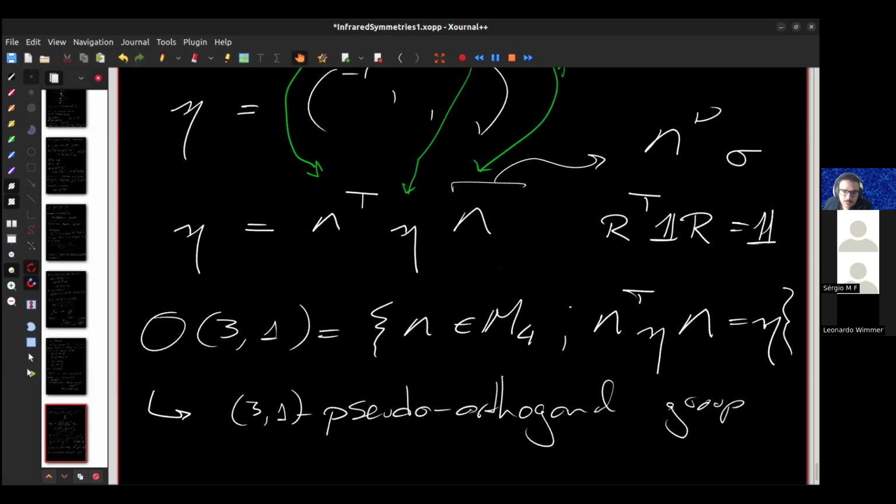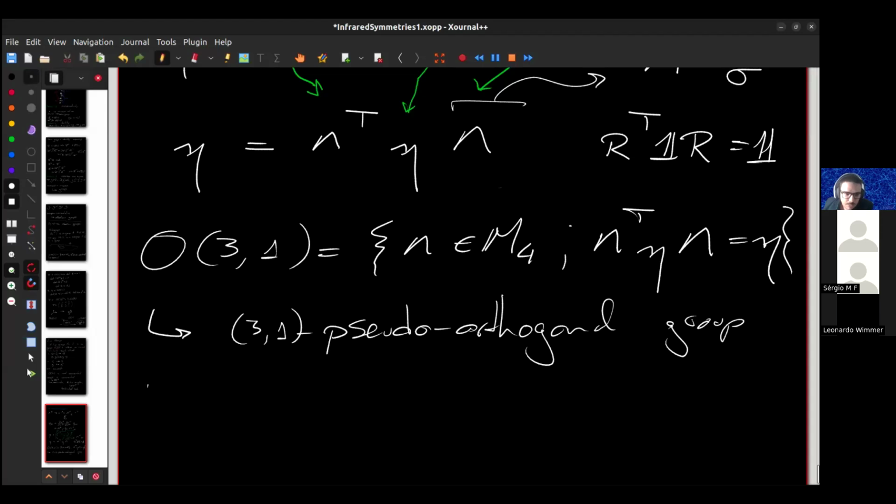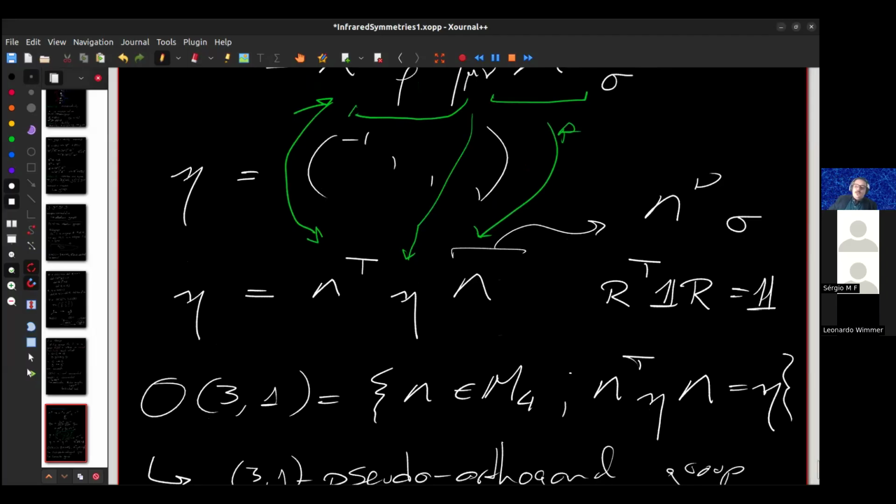For this particular case, 3-1, we also call it the Lorentz group. Could the elements of eta be other constants instead of minus plus plus plus? Okay, to give the first answer, I know you're talking about something more general, but just to start with the simpler case, you could consider, for example, plus minus minus minus. This is the first modification you could do, and you see that this is just adding a minus sign to